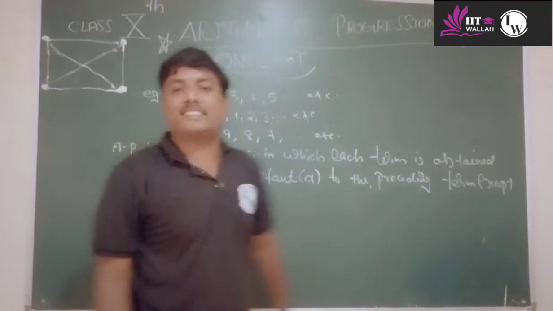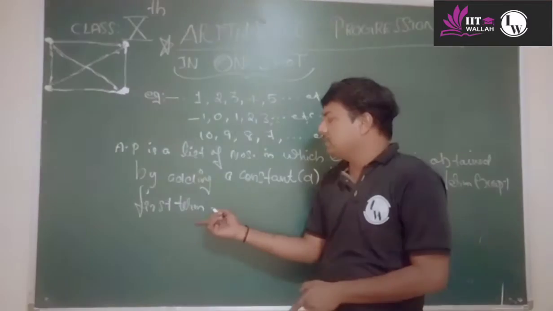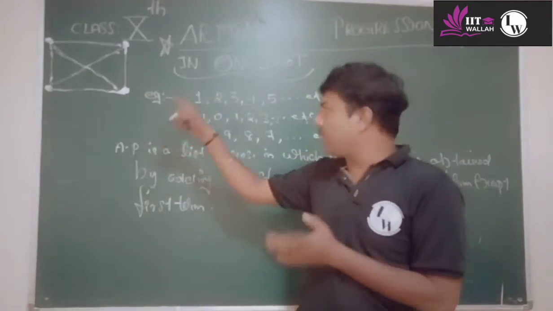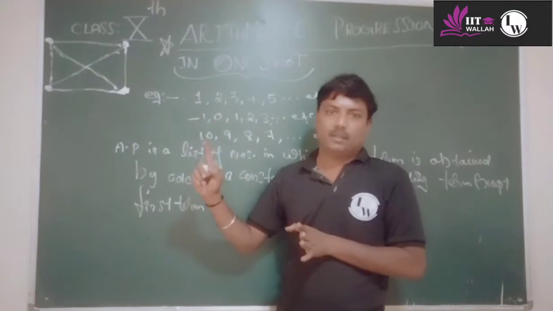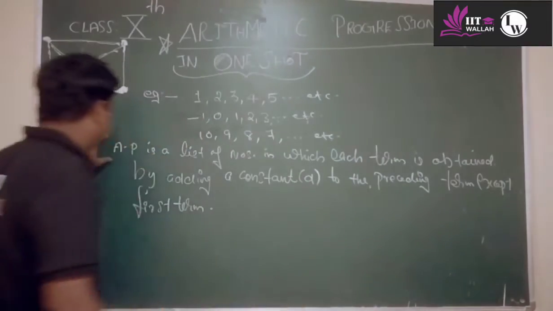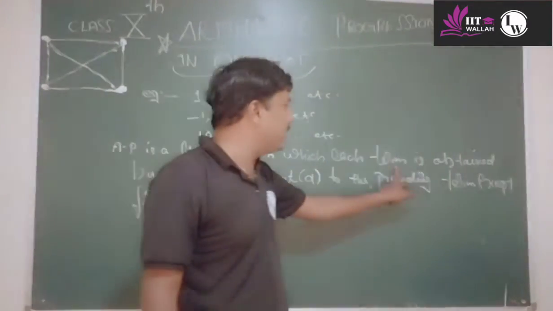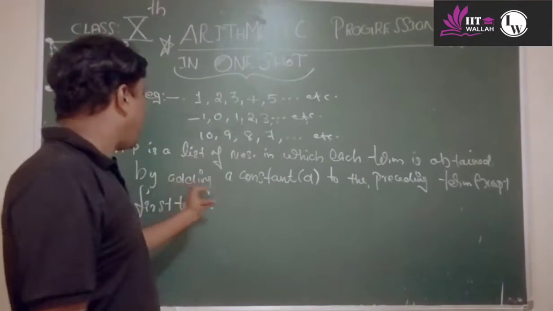Why is there an exception for first term? Because for first term there is no previous term. That's why. Okay? So arithmetic progression is a list of numbers in which each term is obtained by adding a